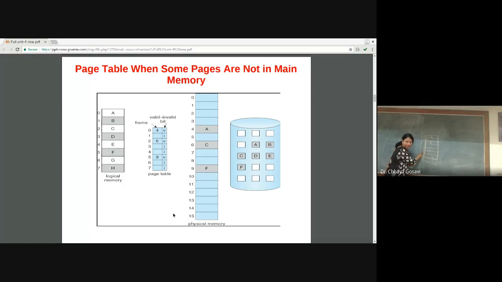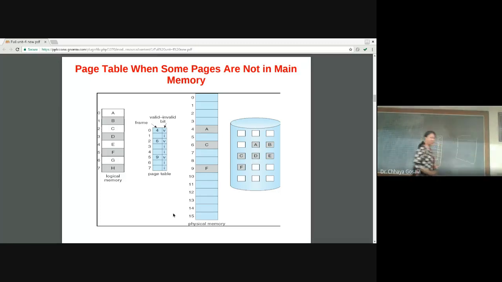And these are the valid-invalid bits associated with each page. Whenever a page is loaded into main memory, for that particular page this is a valid bit. This is a valid frame. This is a valid frame. Here we have not allocated these pages into any frame. These are invalid entries. These pages are not in main memory right now.